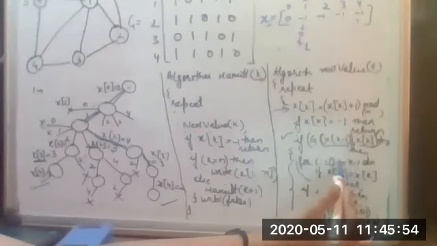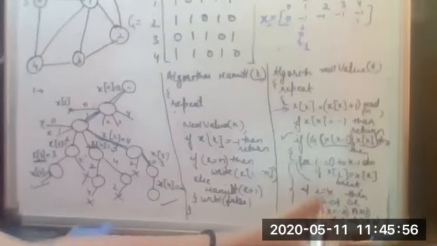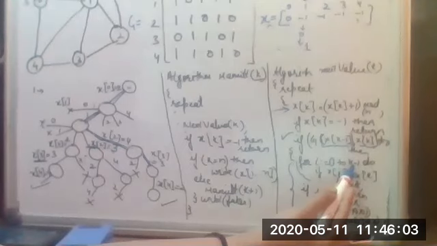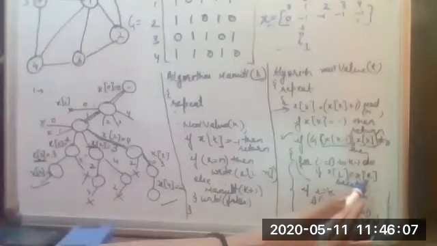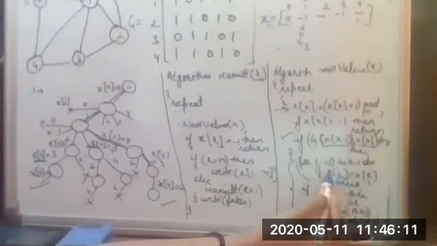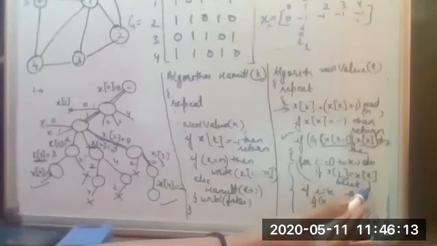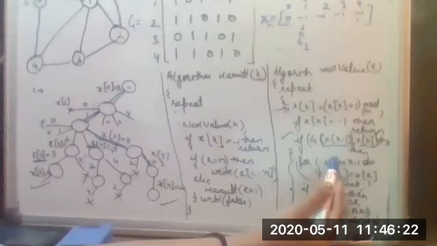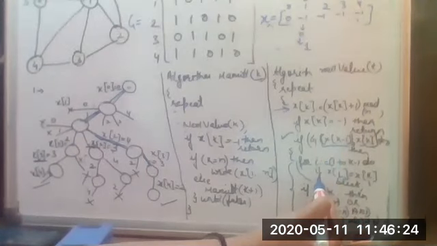If it is not the same, then what it will do is, in this case, k value is 1, so this is 0. So x of 0 is compared with x of k, which is 1. So this is index 1, this is index 0. x of 0 is 0, x of 1 is 1. Are they same? No. So it will go for the next iteration and make the value of i as 1 and come out of this for loop.